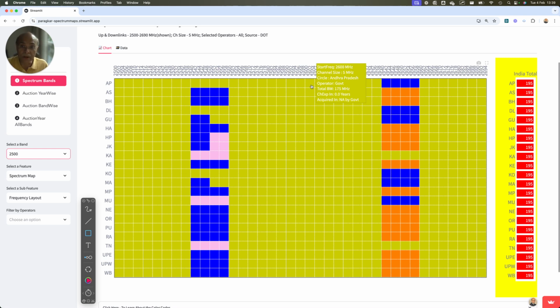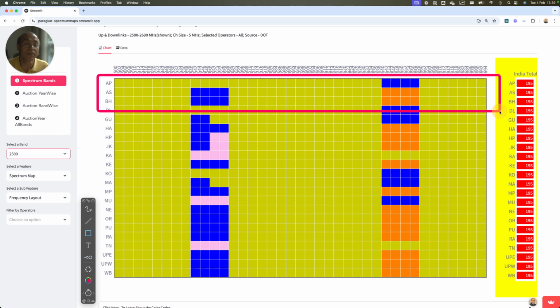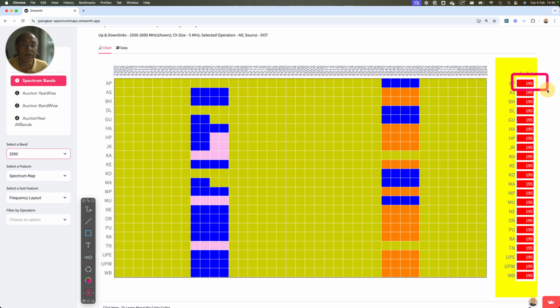But because of this controversy, a large quantum of this spectrum band, as high as 195 megahertz of spectrum, has been held unused. Only a portion of this spectrum band is currently being used. Some with Vodafone Idea, some with BSNL, right? And some lying vacant. And the government is thinking of releasing another 20 megahertz of spectrum to further enhance this,